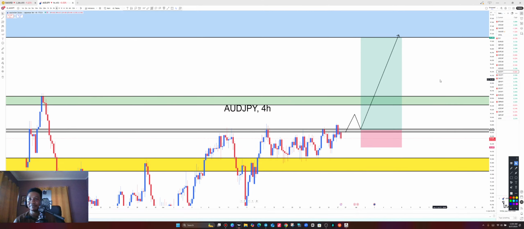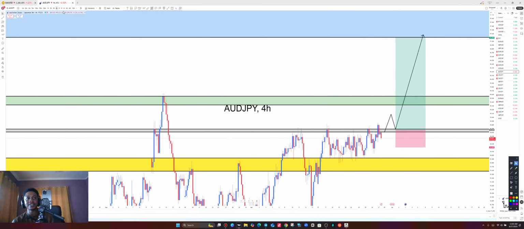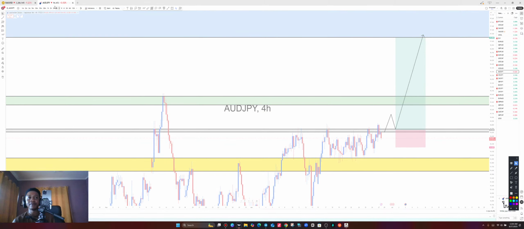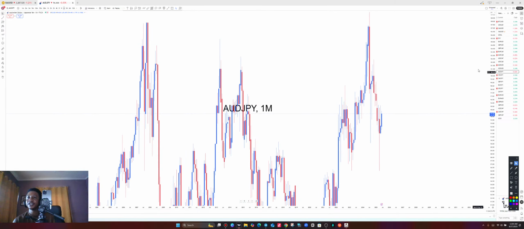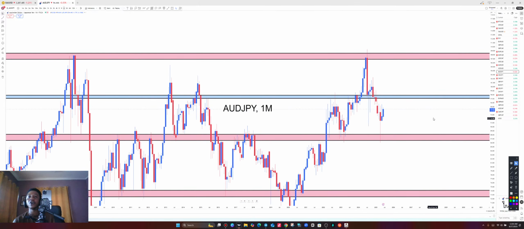Yes, on the monthly, head and shoulder on AUD JPY. That's it. On the monthly, it's very simple. So on the monthly, price is going for the head and shoulder. So we are capitalizing on the completion of the right shoulder. You want to buy before sellers come in to bring the market down.